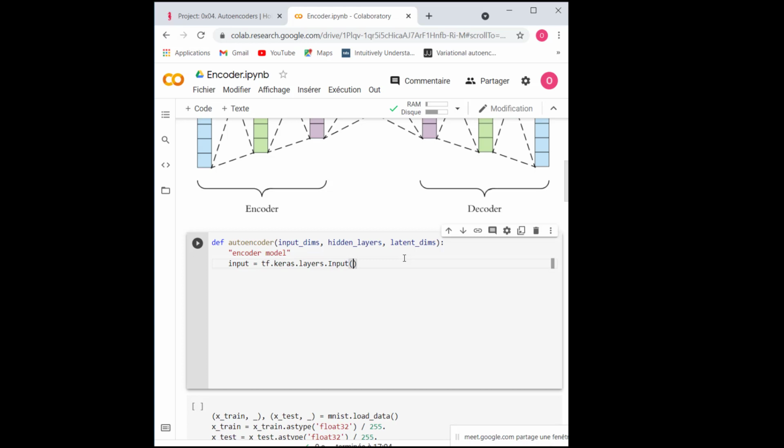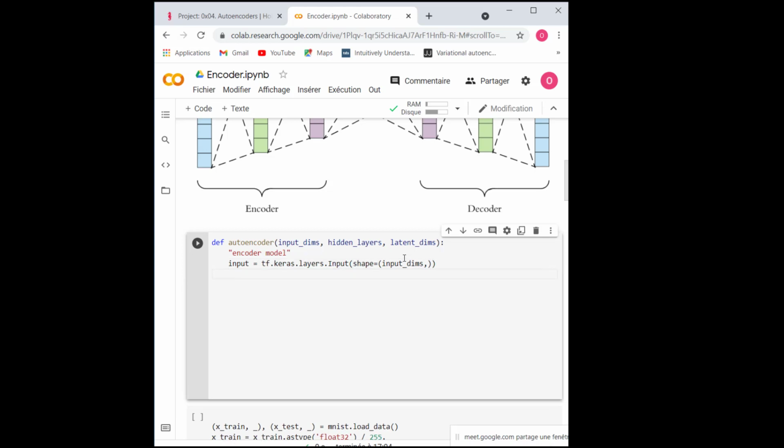The input layer with shape, the input dimension that we have. So this is my first layer.